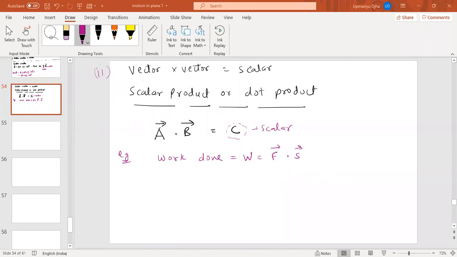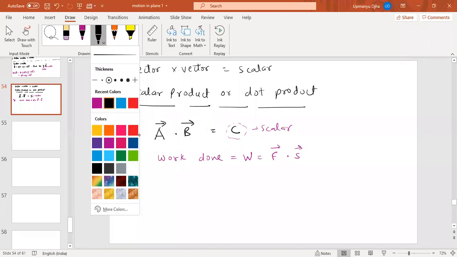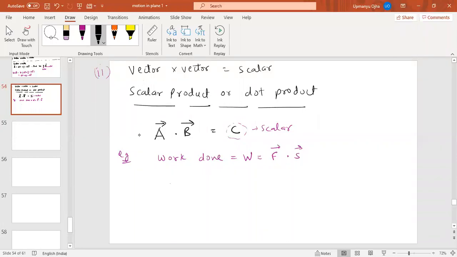Now, you must have also studied the magnitude of the work done. Let me give you one example here. We have a block. It is a very small question you must have done in class 8 or 9. We apply a force F, say 10 Newton, at an angle of, say, 60 degree. Due to this force, the body gets displaced by 2 meters. Then what was the work done?